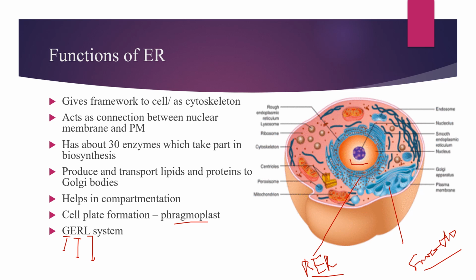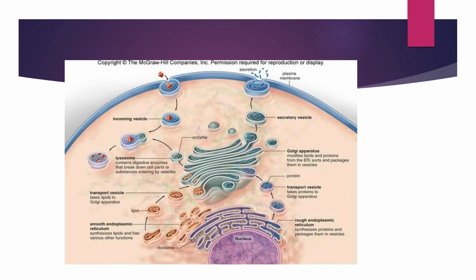And how is GERL system very important? Because this is the cell, and here this is the Golgi body. Here we will talk about GERL system. So here the G means Golgi body. So here the Golgi body is present, here endoplasmic reticulum is present, and here the lysosomes are present. So if outside something is present, like here the food particle is present, firstly the vesicle is formed, and vesicle is the cup shaped structure. So here the plasma membrane forms the cup shaped structure, and here the food material is taken in,